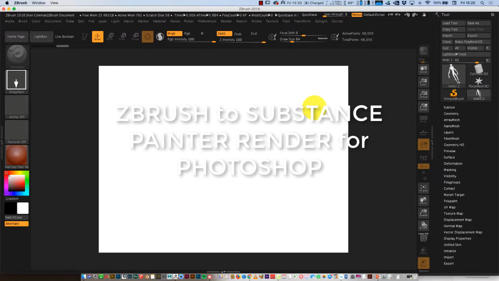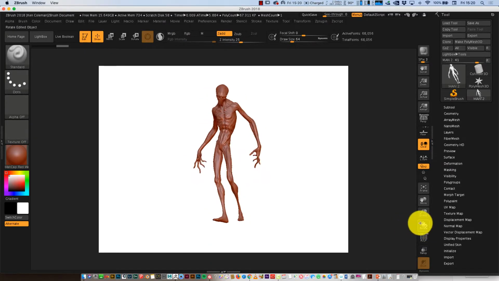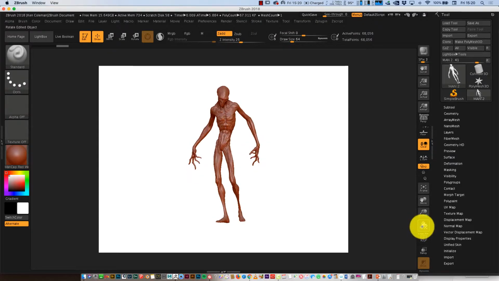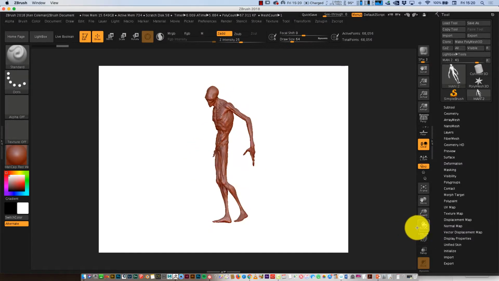Okay guys, I just want to show you quickly how to bring your figure into Substance Painter as we discussed in class. So I have this basic alien form here. I'm going to keep it on a low form. I'm not going to change it up to a high division in Zbrush. So if that was my figure and I was happy with it and I want to paint this in Substance